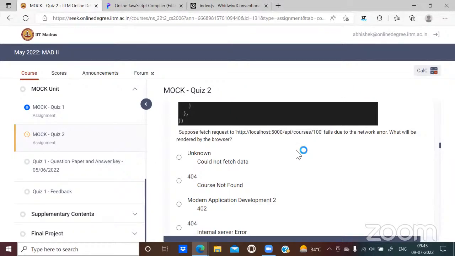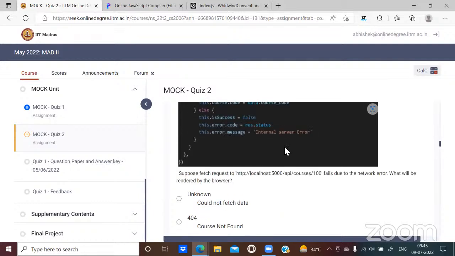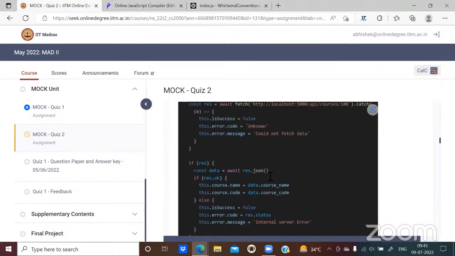However, it just sets the OK status to false in that case. But in case a network failure happens, the promise gets rejected. The promise won't even be resolved in that case. Otherwise, in every other case, it will be resolved at least. So in that case, we are talking about that exception. That means there is a network error and the promise returned by the fetch function is going to be rejected. So we have to look at where this fetch function is being used.